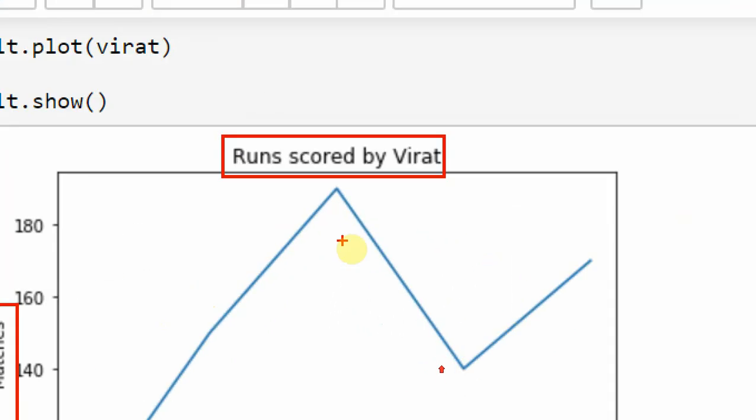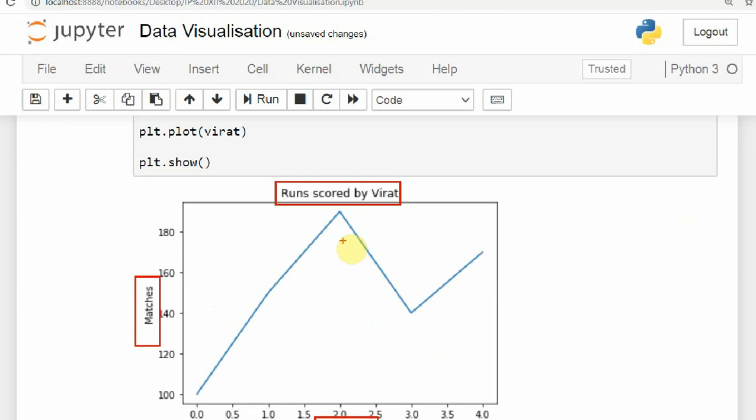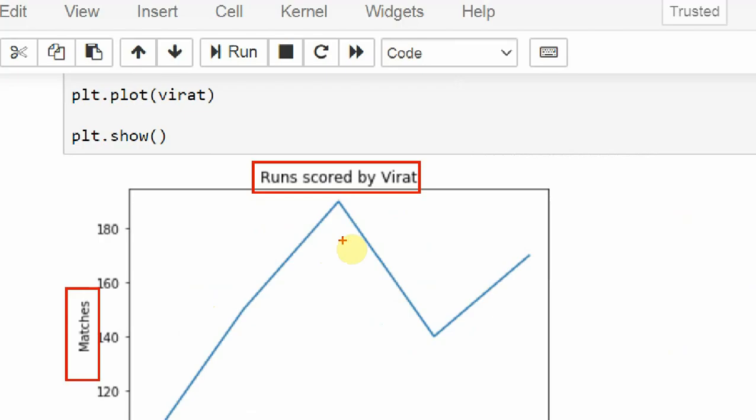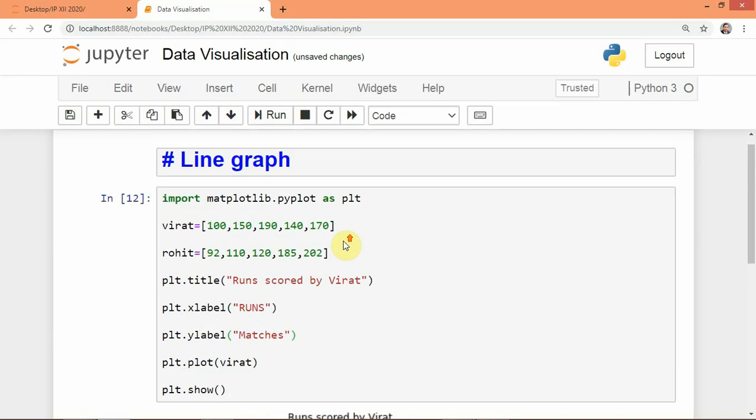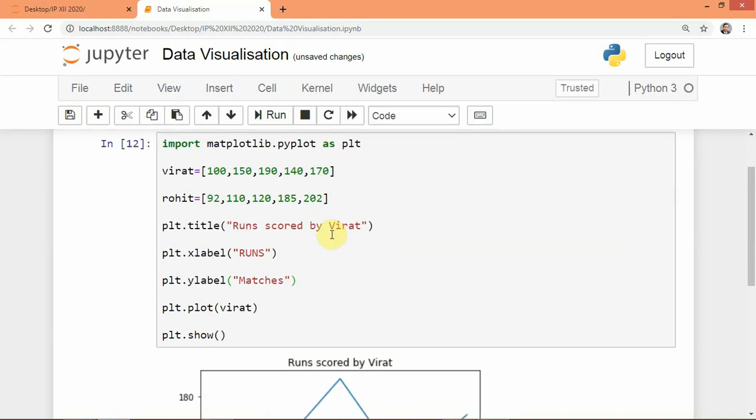So like this we can show different types of components of a graph by writing this much lines. So for today that's all. You have to practice this type of program on your own and write this in your notebook. Remaining things we will see in the next video. Till then, thank you very much.